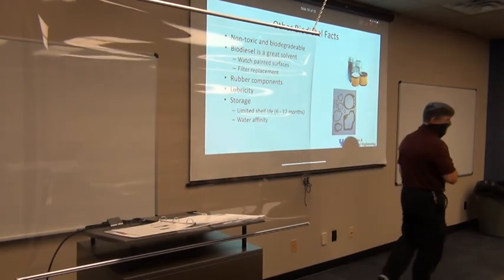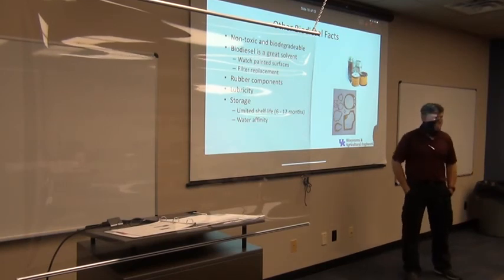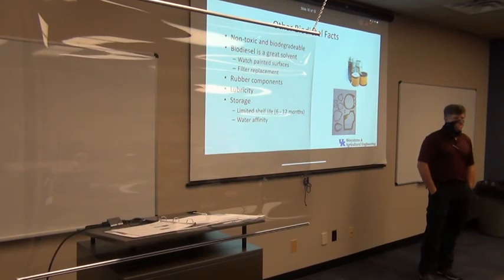So lubrication. All right. A number of years ago, the federal government passed a law that we had to remove all of the sulfur from our fuel supply. There used to be small, trace amounts of sulfur in the fuel. What the sulfur would do is provide lubrication for the injector pumps and stuff like that that were pumping the fuel through the engine. There's not necessarily oil in those parts where the fuel has to flow through. You rely on the lubricity of the fuel as it's moving through a lot of those components to lubricate those pumps. So they would add a little bit of sulfur in the fuel to increase that lubricity so it wouldn't